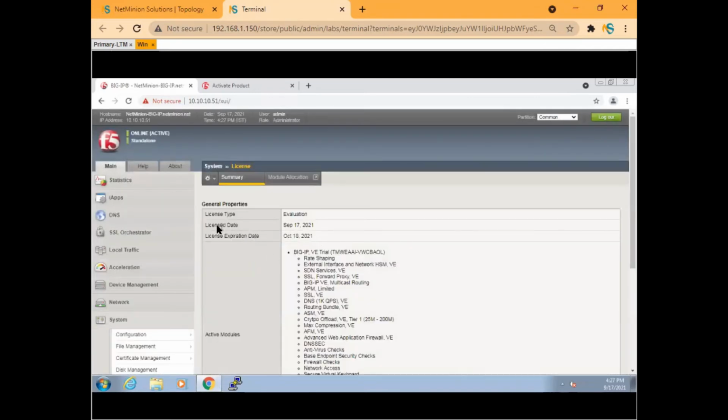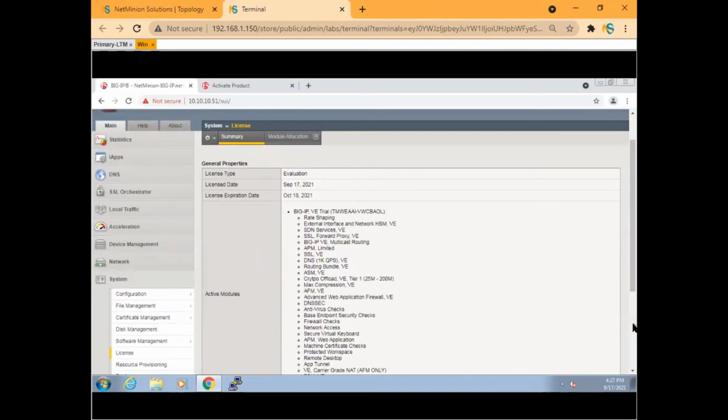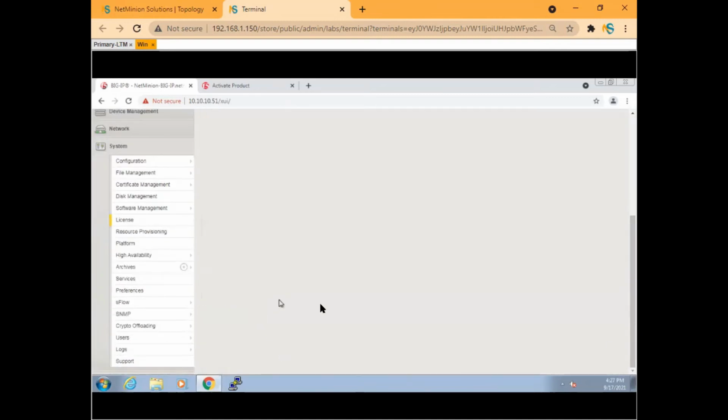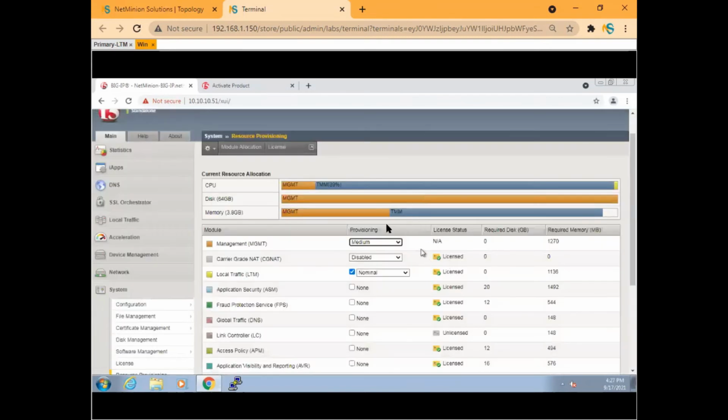So you can see the license date is today's. And when will it expire? On October 18. Okay. Probably by then our batch will be completed. So it is saying that yes, it will be expiring on the 18th. So each and every piece of information has been included in it. If you click on next, it will go to the next option.